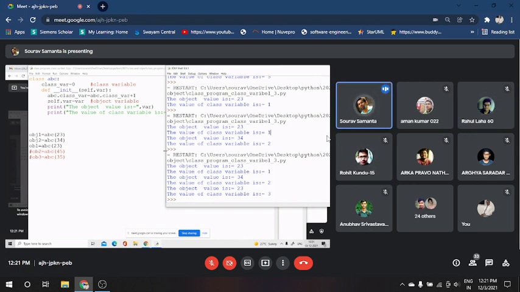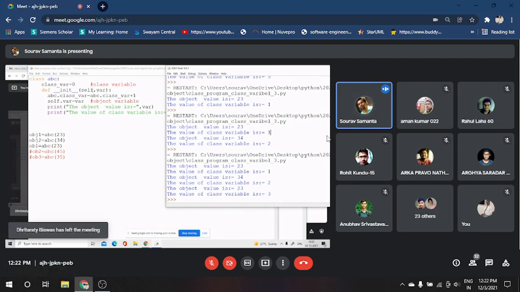Basically, in the class variable, we are maintaining one copy, and that's why we are accessing the variable through the class name. But whenever we are accessing the object variable, we are accessing it via the self keyword.